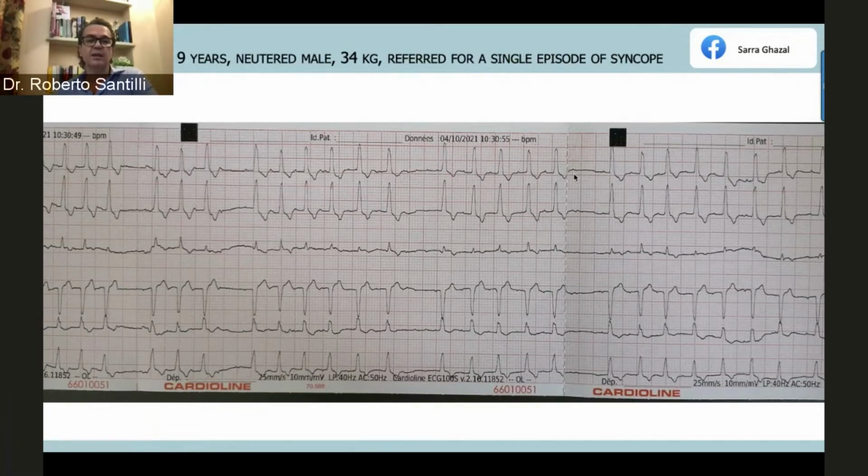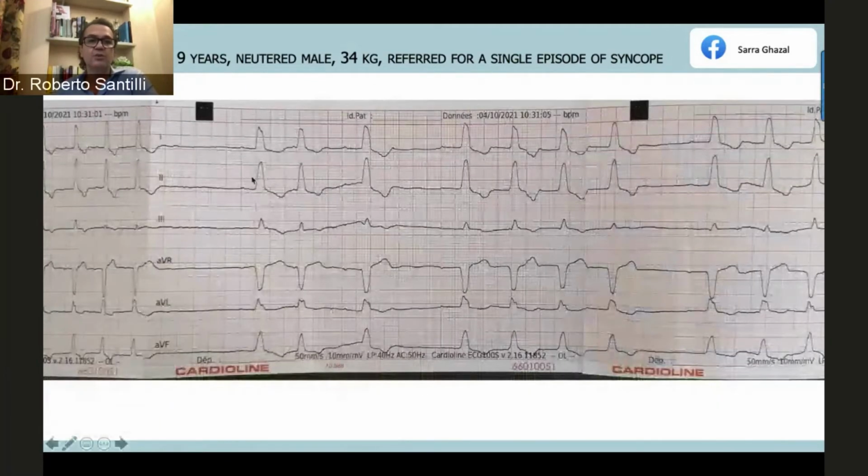So it's very likely, we published a paper that I'll show you in a minute, that when you have a trifascicular block in a cat, the presence of underlying myocarditis is very likely. Or if it's an old cat, you can consider the presence of maybe a myocardial disorder or AV conduction disorder. But again, this is a bifascicular block, anterior and posterior fascicular block, together with second degree AV block. So it's a trifascicular block.